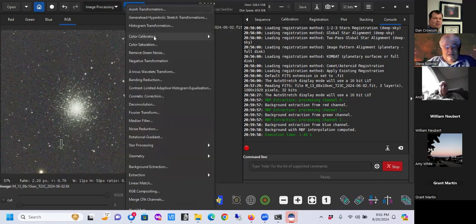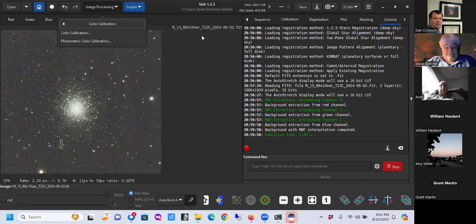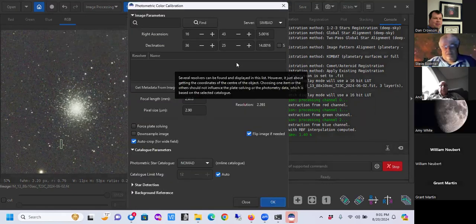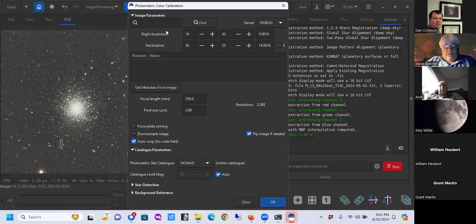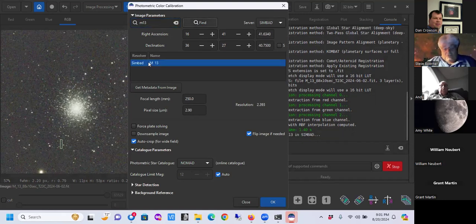So I'm going to go over here to color calibration. Okay, and I'm going to hit that guy. And when I do, I have two different ways of doing it. I can do it manually, or I can hit photometric calibration. I'm going to do that, and it will do it automatically for me. And ultimately, if the fits headers are right, it knows that this picture is centered around 16 hours and whatever, and 36 degrees and whatever. But if you're not sure, you can type in M13 and say find, and it's now found M13. You then fill in the focal length and the pixel size. It found these in the fits headers, okay? And then it'll find this, and I click OK, and